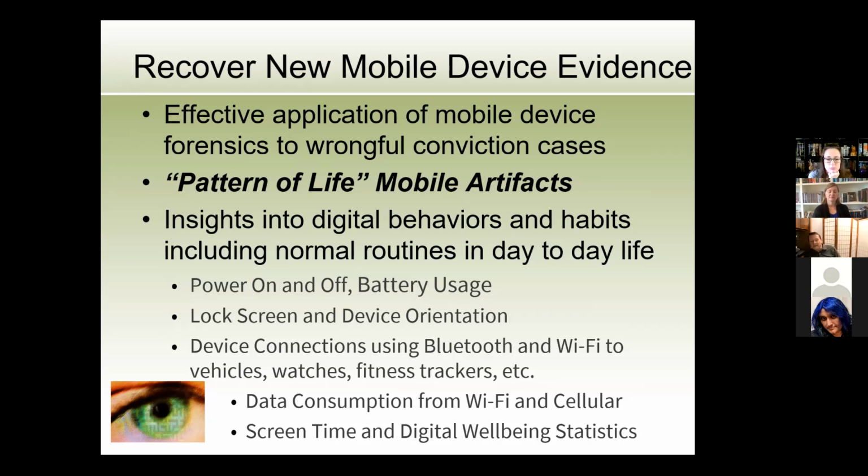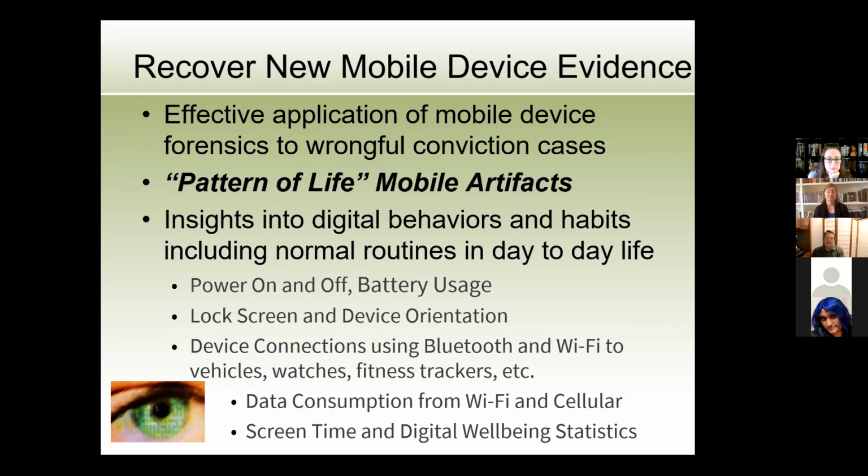Lock screens are huge. The iPhone keeps track of when it's locked and when it's unlocked. It also, with the various sensors inside the phone, the gyroscope and some of the other sensors, actually knows if it's in horizontal versus vertical. And it knows when it switches from one to the other. That's pretty powerful. If you've got a distracted driving case and you know that the phone is moving from one to the other, it's in the person's hand and they're using it, right?